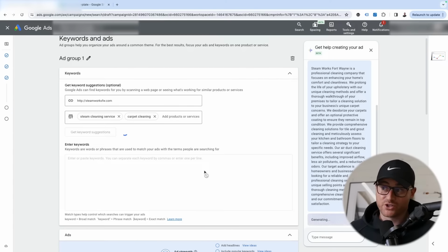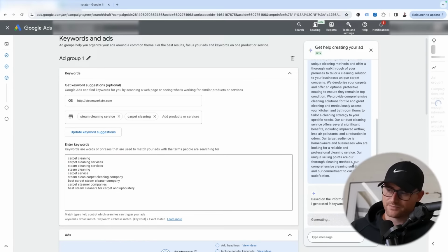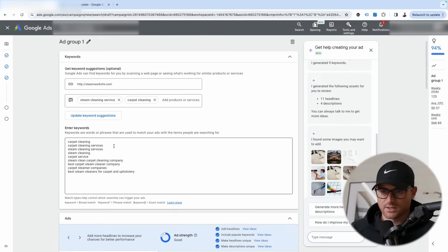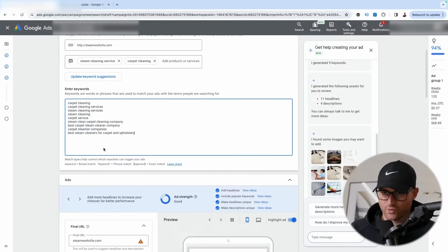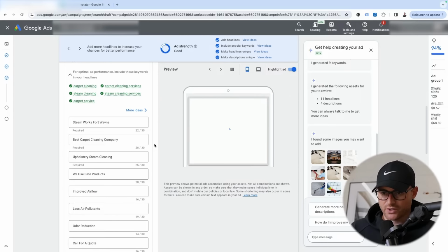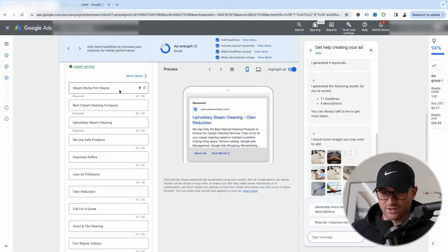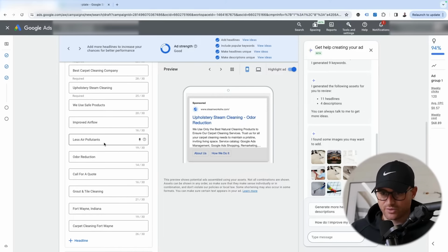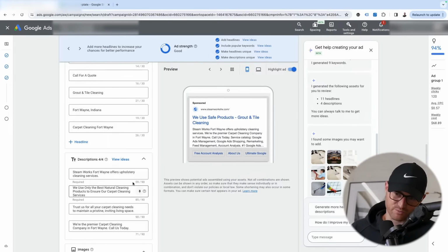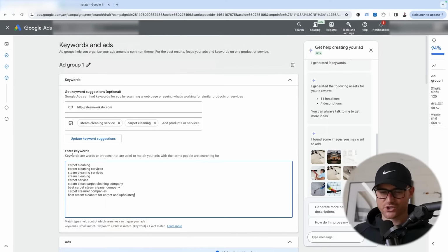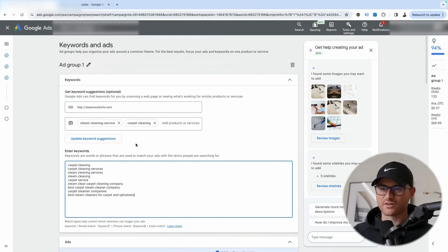And so this is always kind of interesting. This is fairly new. You'll notice this is in beta. Here they're trying to give you some keyword ideas. You'll see, some of these aren't good, and we'll work on keywords here in a second. And then also they went ahead and actually created an ad right away for me. Now, some of these aren't too bad. Less air pollutants, odor reduction. Some of these are not great either. And so I'm going to change a lot of that, but I did just want to show you that tool that can be used now. So you have to be very, very cautious of this. But let's talk about